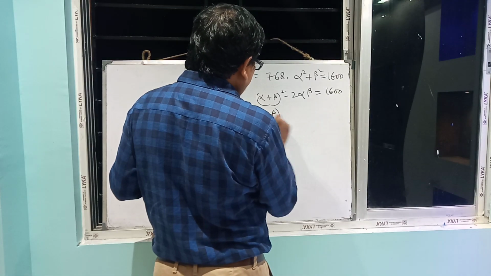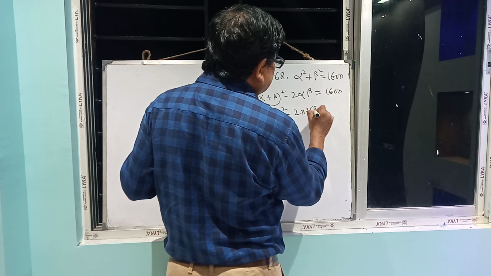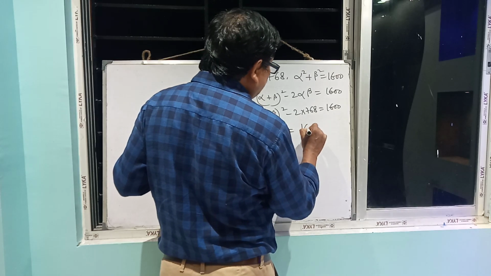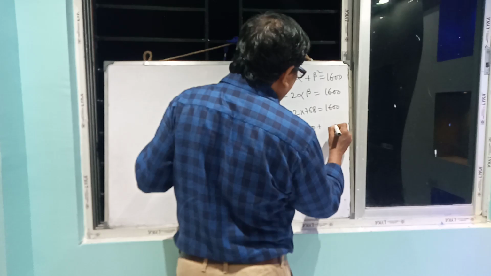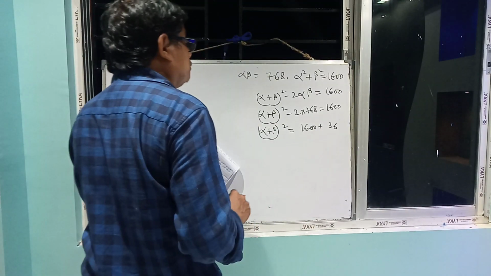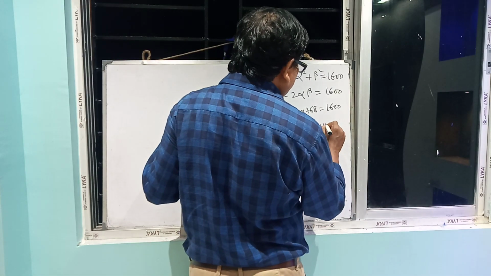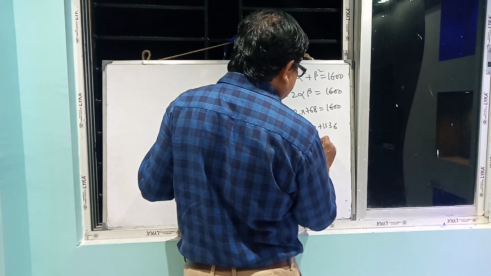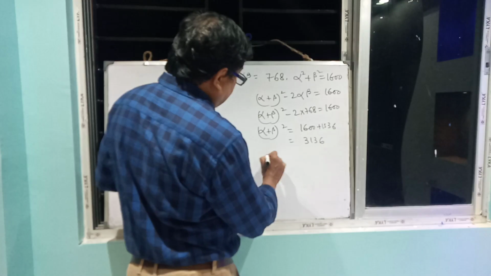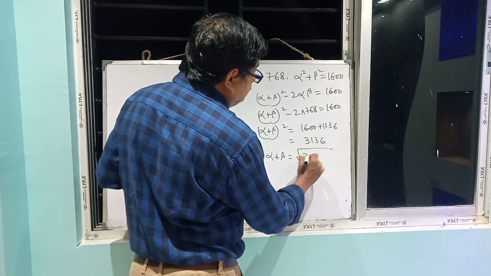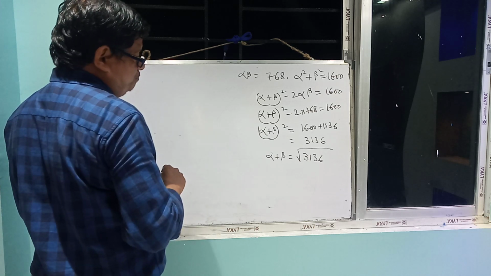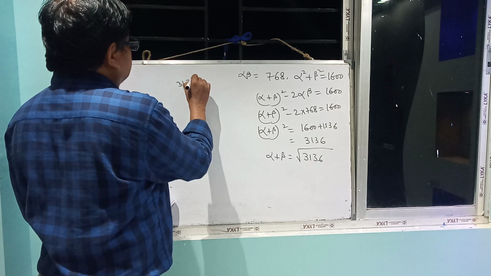So alpha plus beta whole square, with 2 times 768, equals 1602 plus 1536, which is 3138. Okay. So alpha plus beta equals, taking the positive value first,